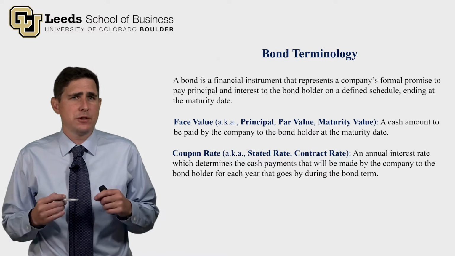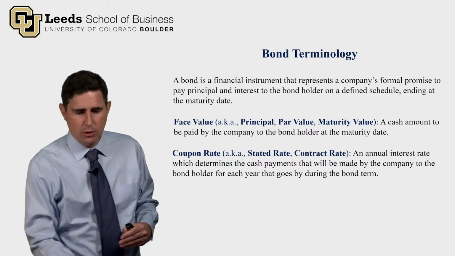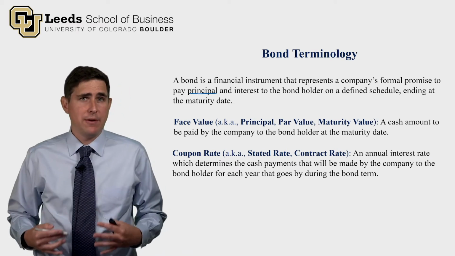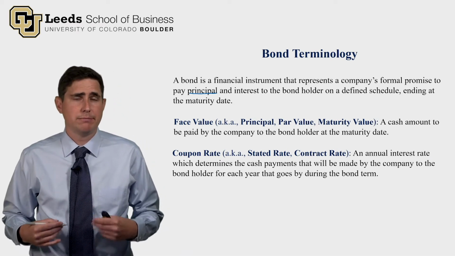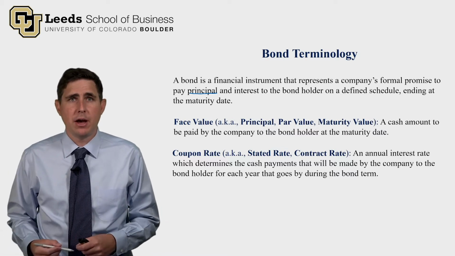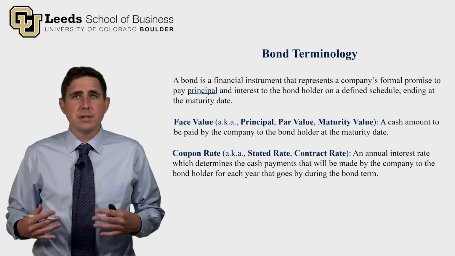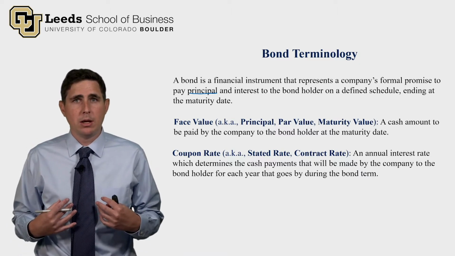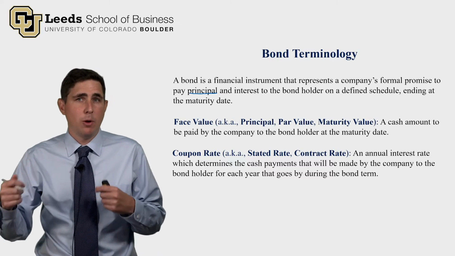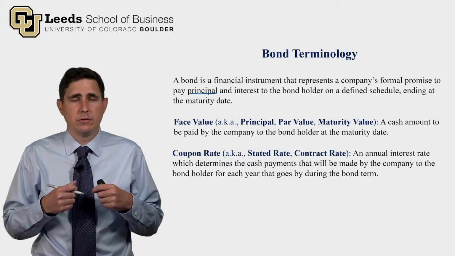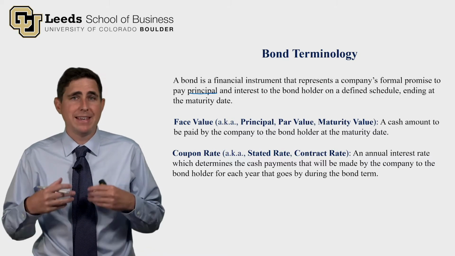So first of all, what is the face value? We mentioned principal up here. That's another word for face value. Face value has a couple of different synonyms: face value, principal, par value, maturity value. This is a lump sum payment. It's a cash amount to be paid by the company borrowing the money to the bondholder at the moment of the maturity date. So it's a one-time payment from the company to the bondholder at the end of the bond's